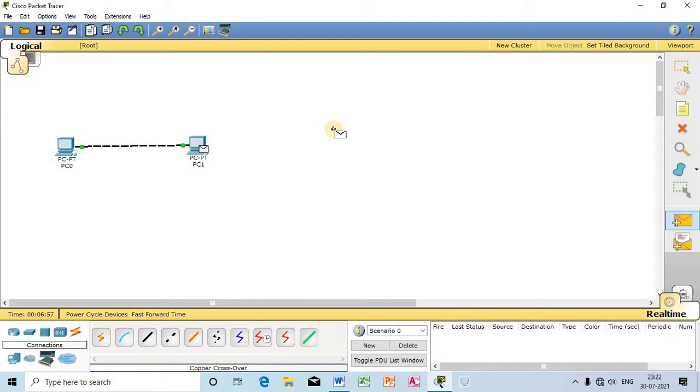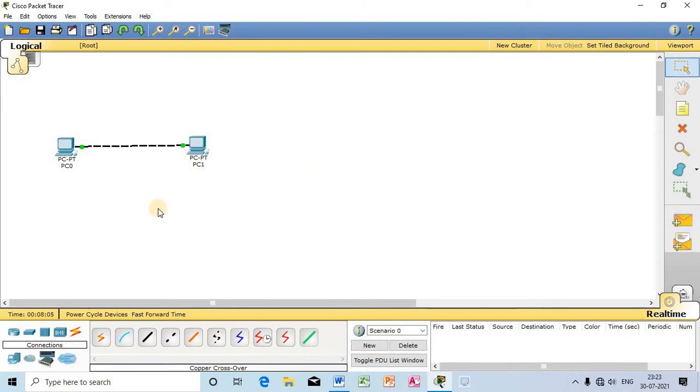Without knowing the destination address, it would never be possible for the postman to deliver the letter properly. So in networking, it is required for all the devices in a particular network to have a unique IP address. So now I will assign the IP address in these two computers.